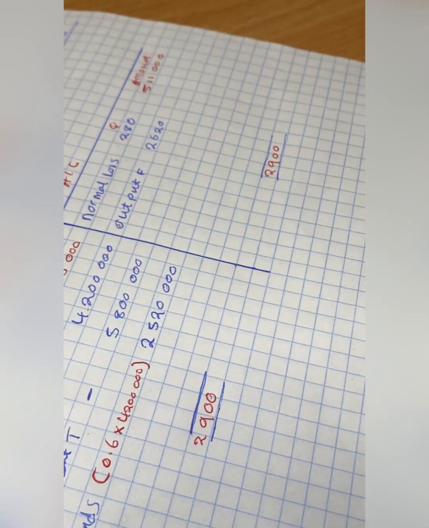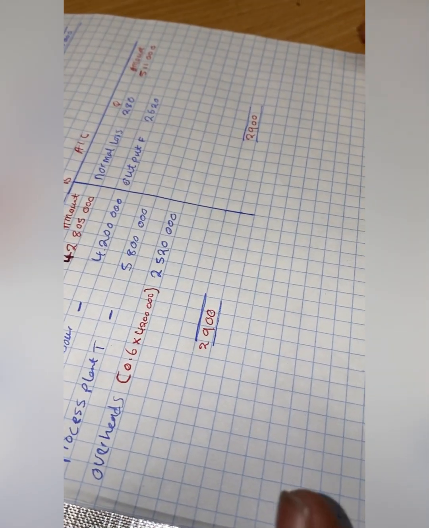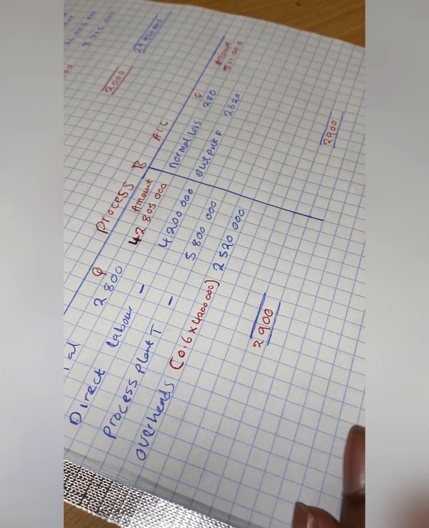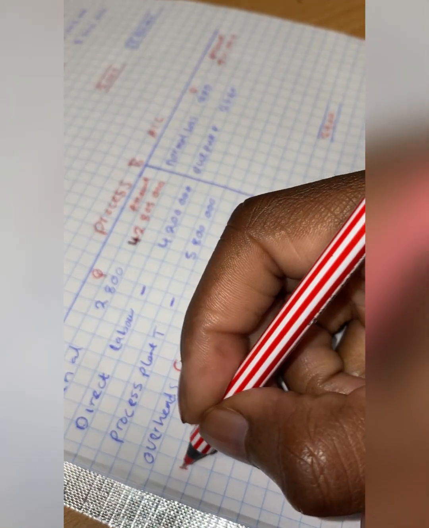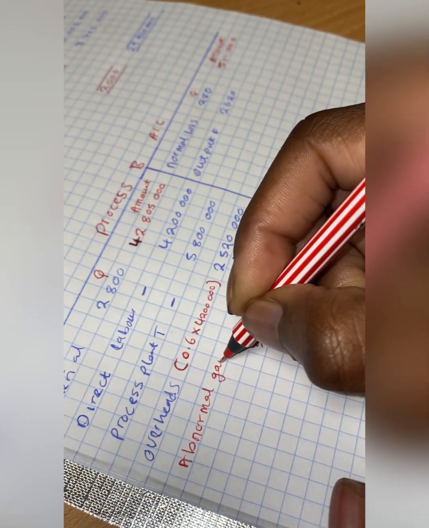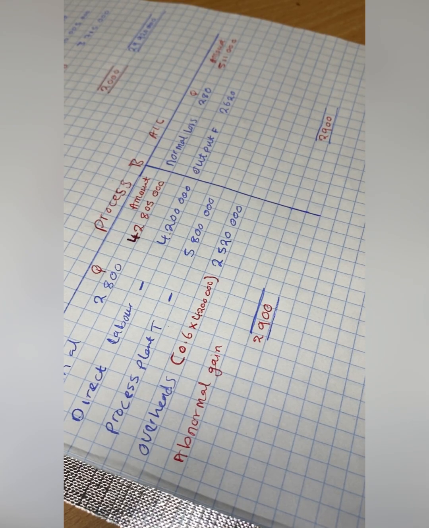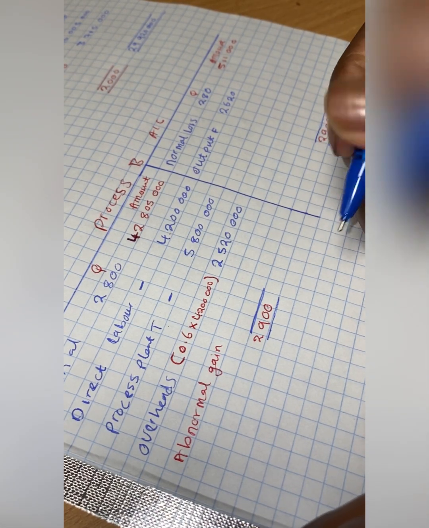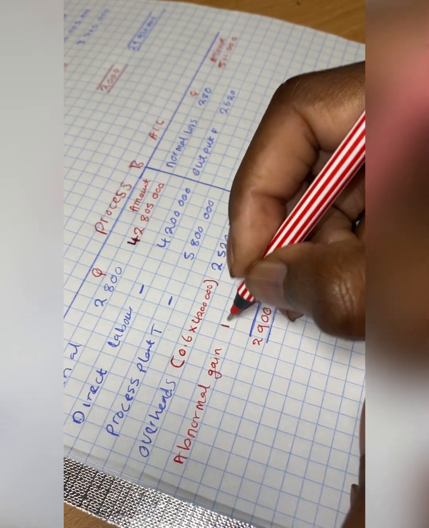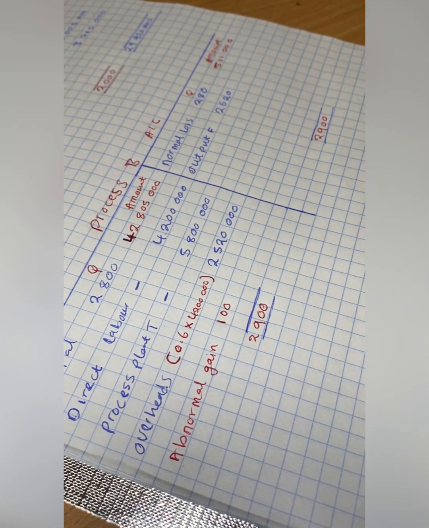The shortage is on the debit side. By how much? We have a shortage of 100 kg. Since it's on the debit side, we call it abnormal gain. So our shortage, we are going to call it abnormal gain. How much in terms of kg? Our abnormal gain is 100 kg. In terms of amount, you leave it blank,